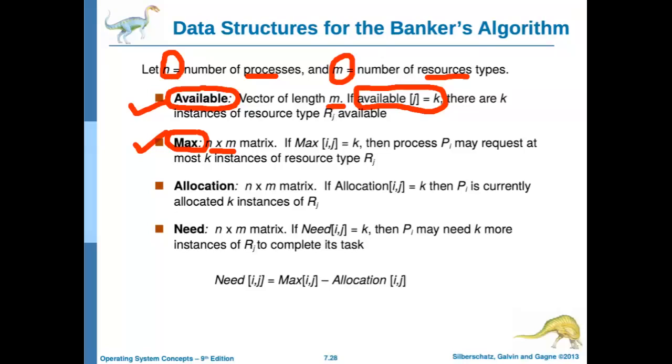Now this max is, as I mentioned in the previous slide, something for which we need prior information about the processes. Like for example, for my process, I need 4 locks. Say mutex lock is one of the resource types. So if I need 4 locks maximum,